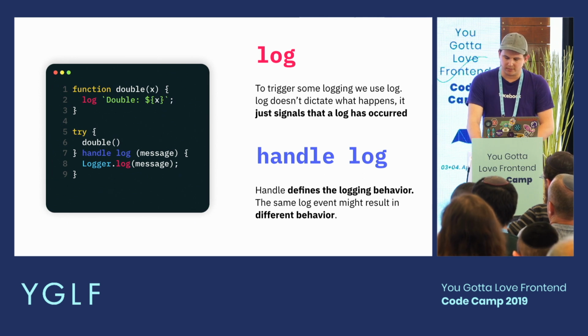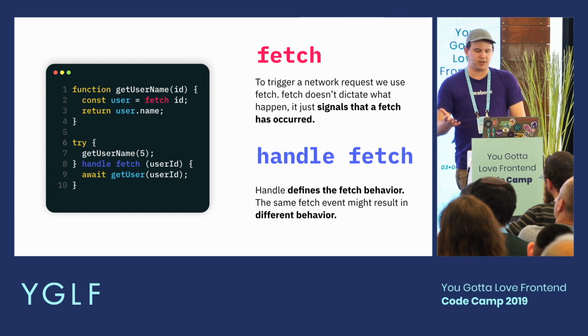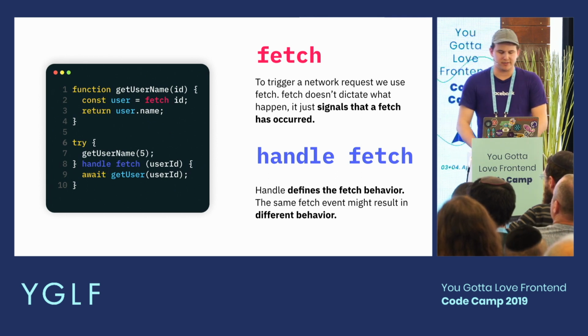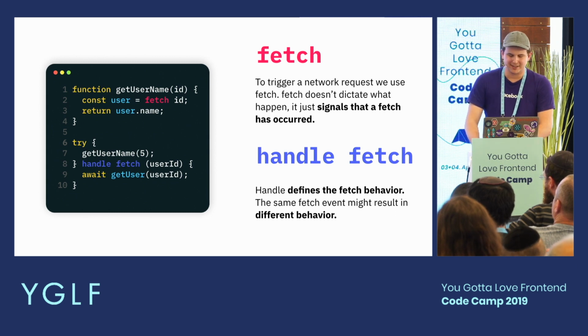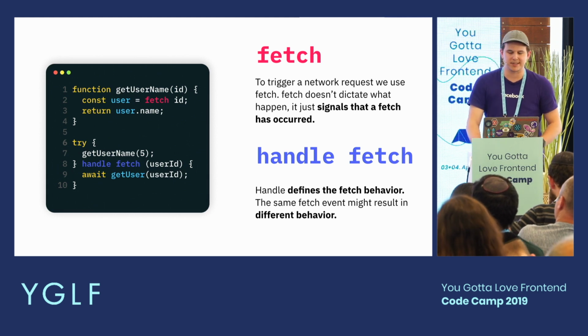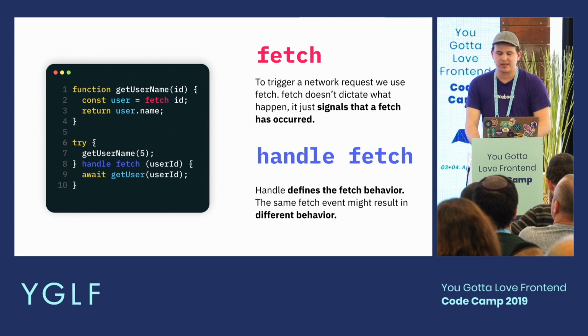So what about this with another problem, like network requests? What if we had a fetch keyword that allowed us to signal that a network request should occur, and then a handle fetch block that defined what should happen when the fetch was triggered? The fetch keyword doesn't actually create the network request, it just signals that a request should be made, just like how throw signals that an exception has occurred. And maybe that handle fetch block could actually asynchronously return some data back to the code that triggered the fetch. And so not only does it keep executing after that happened,